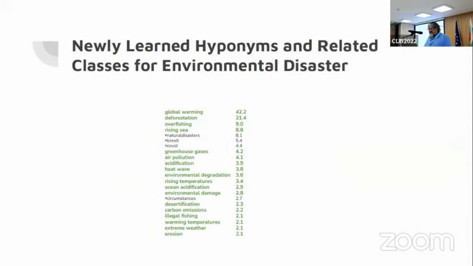And what is coming out is the top of the list, the candidates for the environmental disaster category. So you can see global warming, deforestation, overfishing, rising sea. Then there are three longer terms which are disasters, but not environmental. One of them is COVID, and then you also have natural disasters, which is okay, but it's not environmental. And you can see the other ones: greenhouse gases, air pollution, acidification, heat wave, environmental degradation, rising temperatures. If you look at all of them, the system has done quite a good job, having just three terms as